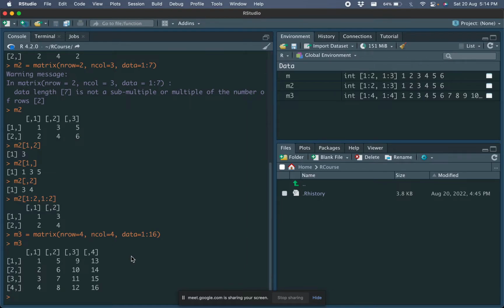So now we can take different slices out of this. From M3, one thing we can do is, starting from the first row, we want up to the third row. And as far as the columns are concerned, let's say we start from the second column and go up to the fourth column. So if we do that,